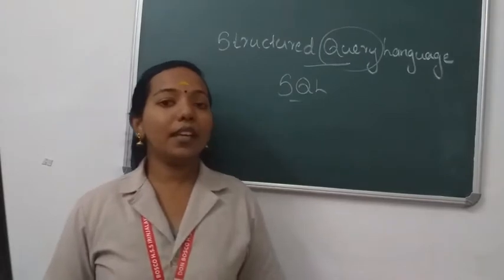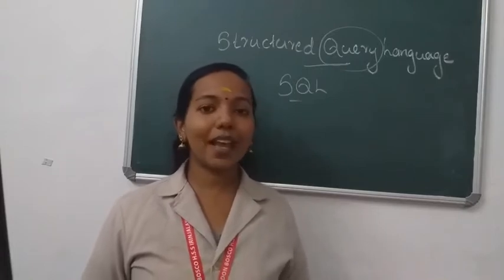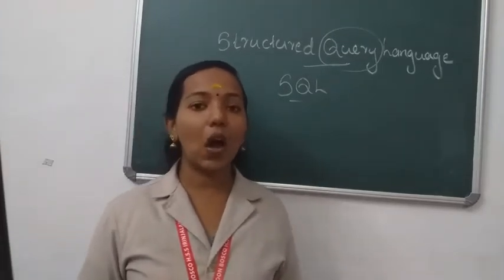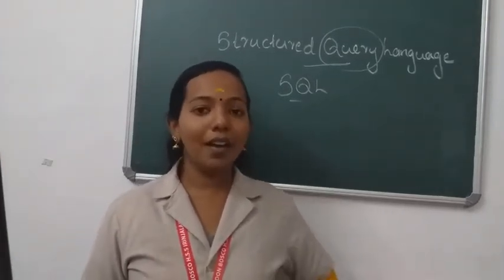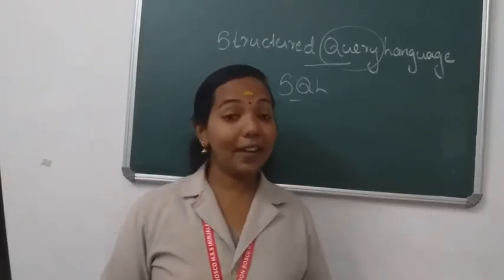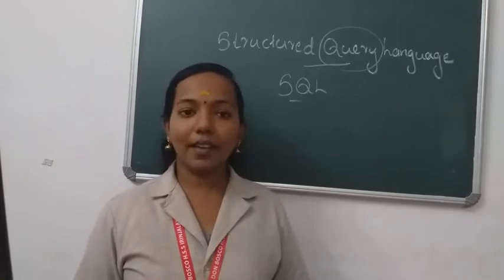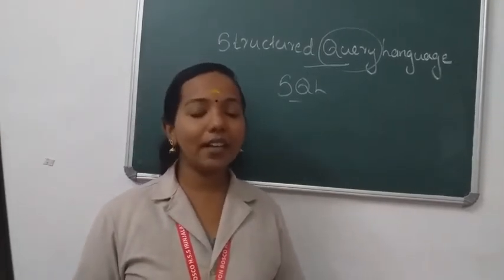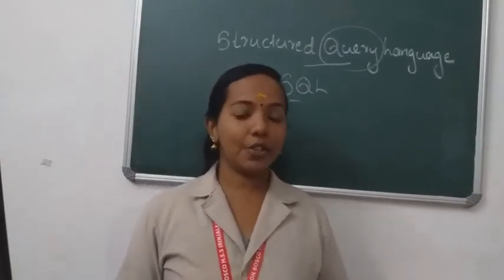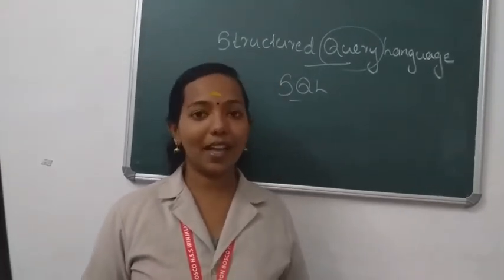Before that, in the previous lesson we already discussed relational algebra. A relation is a collection of rows and columns that forms a table. That means relations are tables. Then in this relation we already discussed the attributes, tuples, degree and cardinality. Cardinality means the number of tuples in a relation. Degree means the number of attributes in a relation. So we already studied how we create tables in a relation.